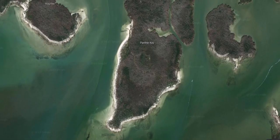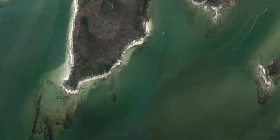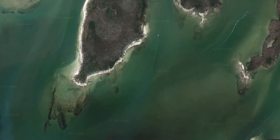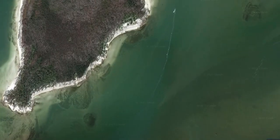That's why historically our group has gone. Over on the other side of the island, if the wind was coming from the northwest. Down at the southern end of the key here at Panther Key, there's definitely places to anchor, and probably the best